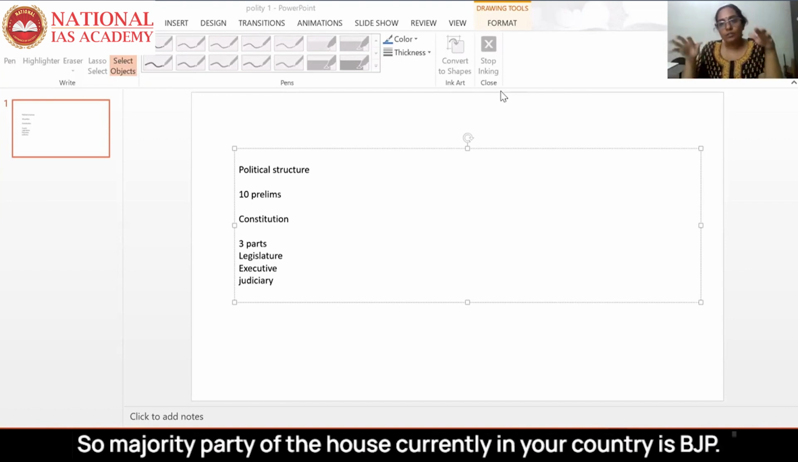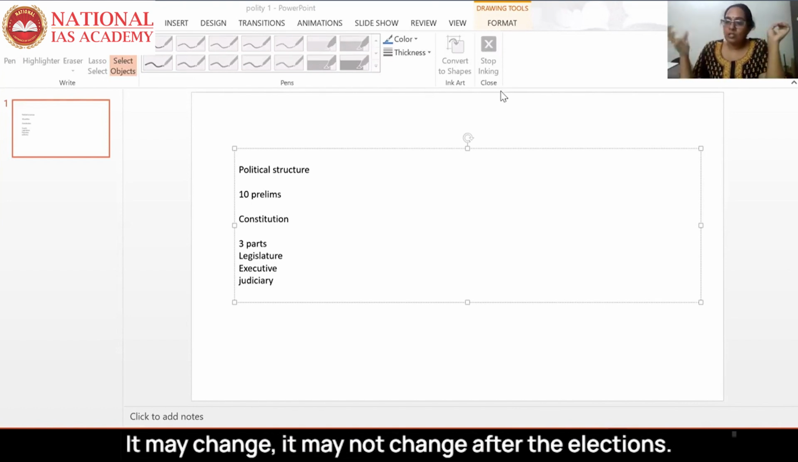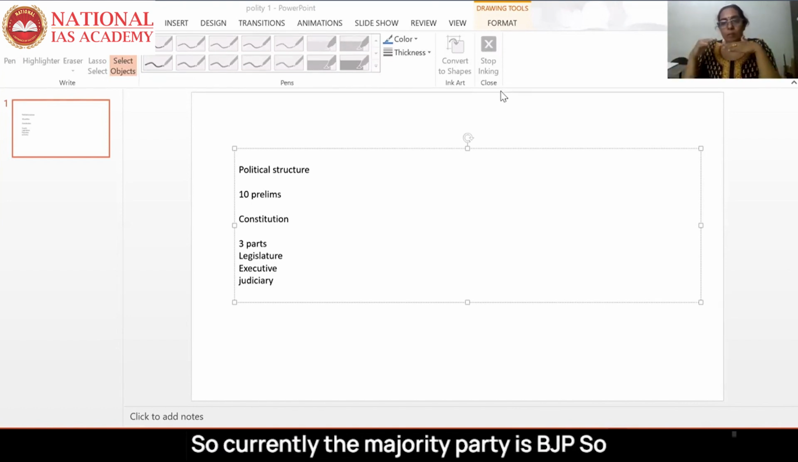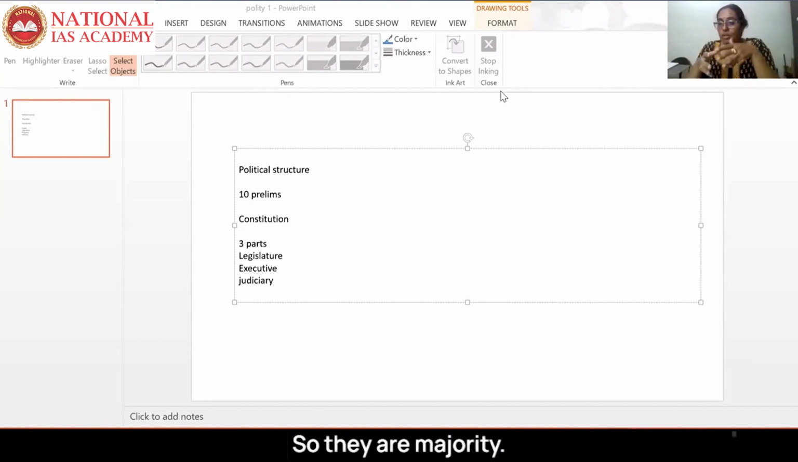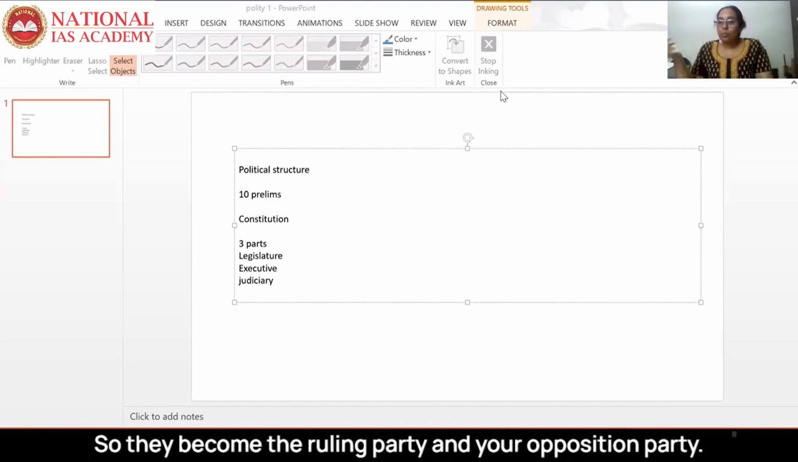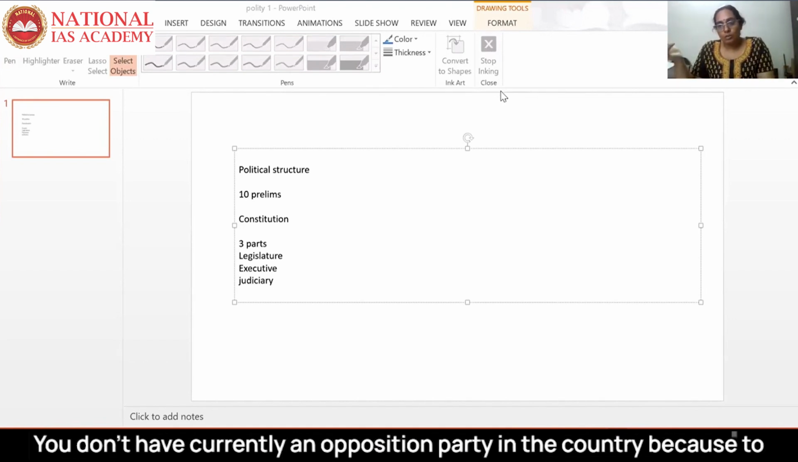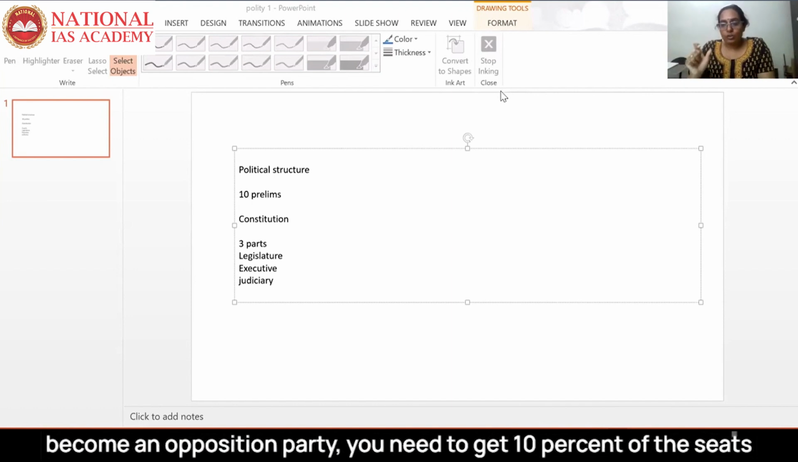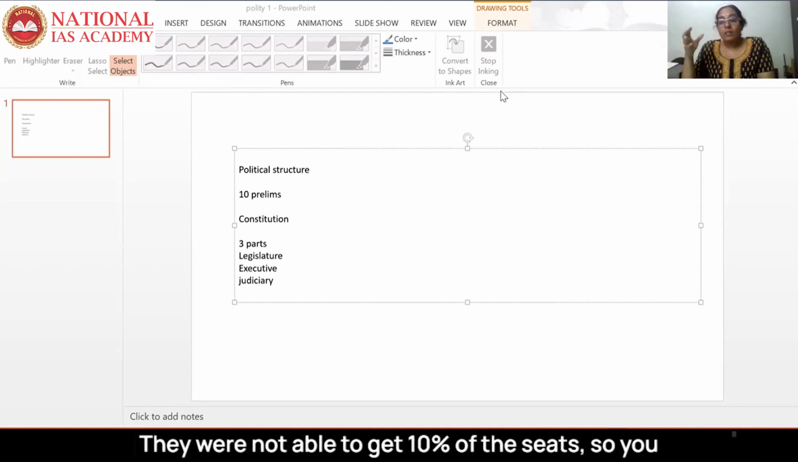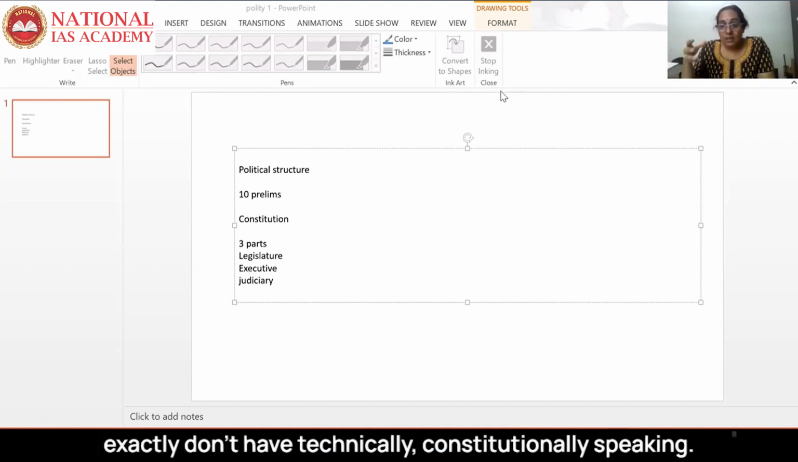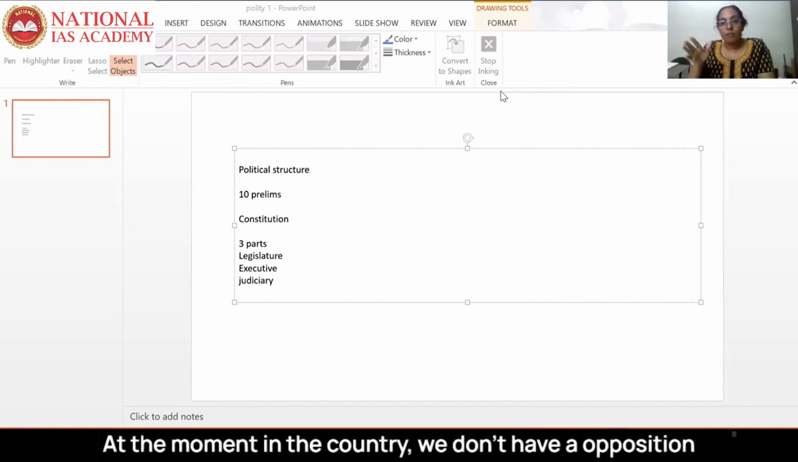So the majority party of the house currently in your country is BJP. It may change, it may not change after the elections. So currently the majority party is BJP. You have more than 50% of the seats, so they are the majority, so they become the ruling party. And you don't currently have an opposition party in the country, because to become an opposition party you need to get 10% of the seats. None of the opposition parties which lost the elections were able to get 10% of the seats. So technically, constitutionally speaking, at the moment we don't have an opposition party,